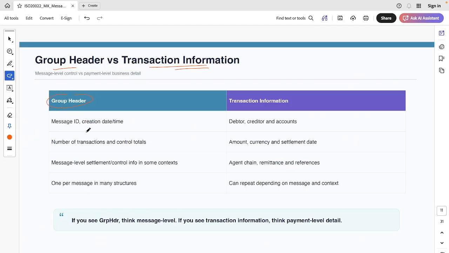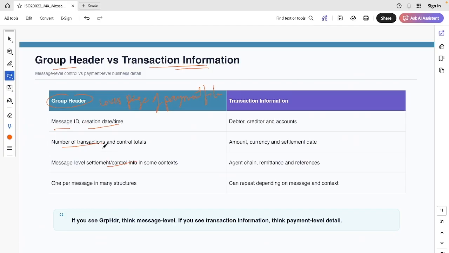It may contain your message ID, creation date and time, number of transactions, control totals, and settlement information. Think of it like the cover page of a payment file. So it's like a cover page of a payment file